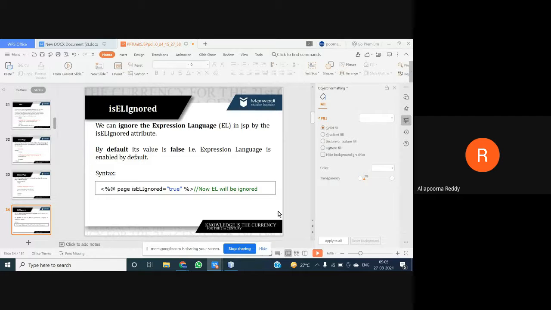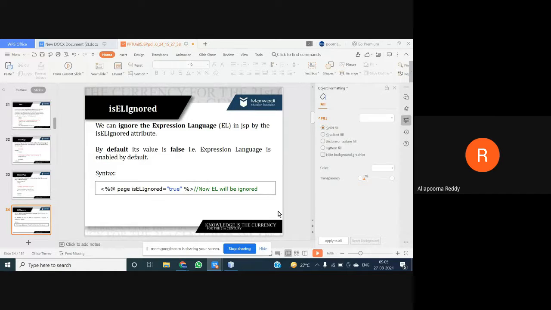All these things we can use. But whenever you don't want to use expression language, we'll see later, don't worry. When you want to ignore expression language, by default it will be false.